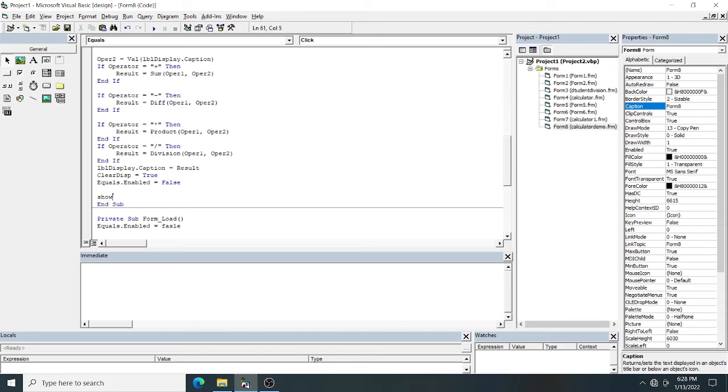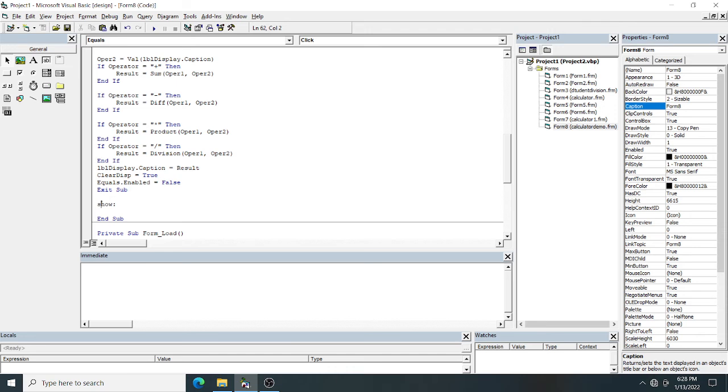Then I will give a colon here, because this will handle my exception. And remember one thing, after equal dot enable, just type exit sub. You are exiting the sub, which means your program control will come out of the subroutine procedure.